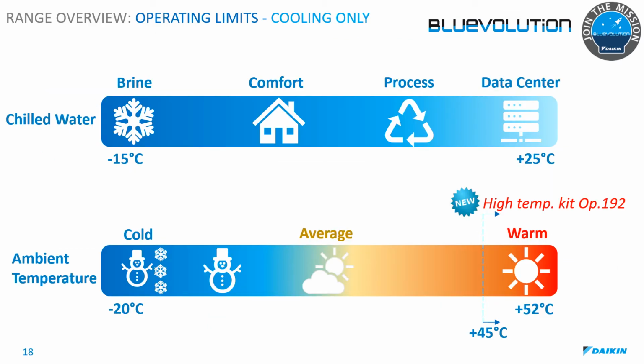Let's have a look at the operating limits. First, in a cooling only mode. This range is designed for a wide range of applications. Chilled water possible is from -15 with the brine mixtures and up to +25, covering all sorts of applications, from comfort cooling, process cooling, and data centers, and suitable for operation in most climates, from -20 up to +45